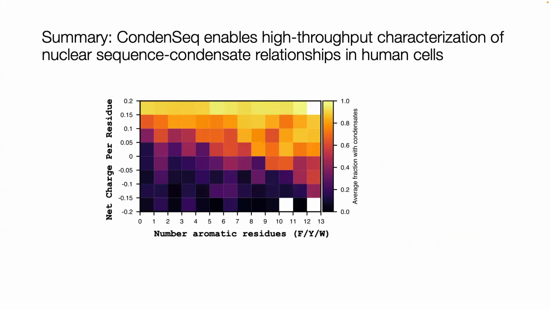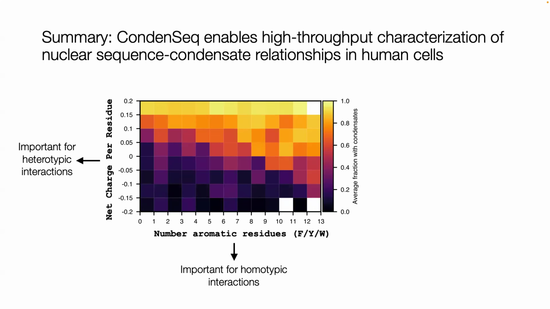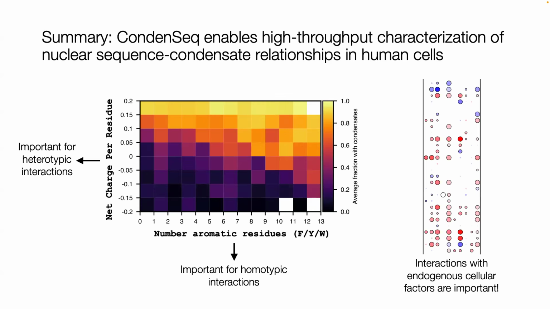Okay, so just to summarize this part of the talk, we found that the number of aromatic residues and net charge per residue were some of the strongest and most consistent drivers of condensate formation. But they are operating through distinct mechanisms. Aromatic residues seem to be especially important for driving condensate formation through homotypic interactions, whereas high net positive charge seems to be important for driving condensate formation through heterotypic interactions. And we see that interactions with endogenous cellular factors are really important. So if you want to understand what's going on inside of a cell, you should probably make some measurements